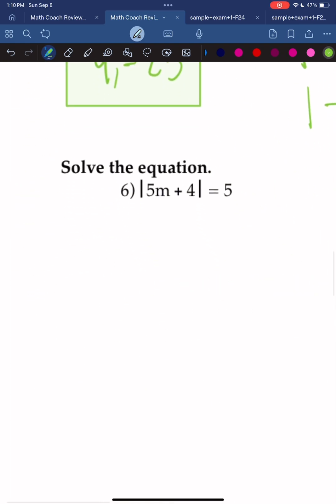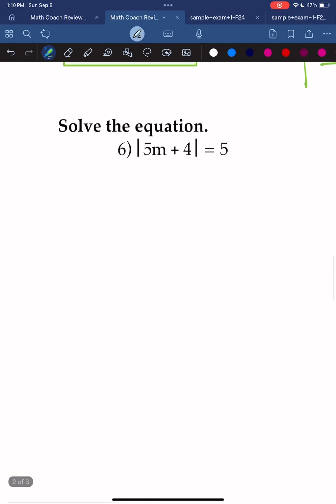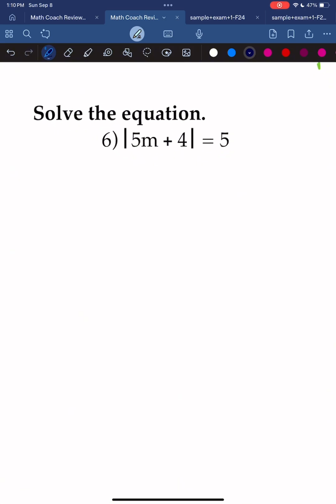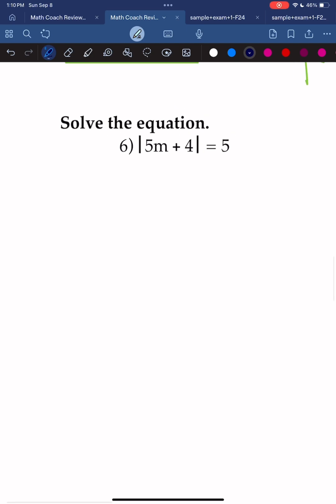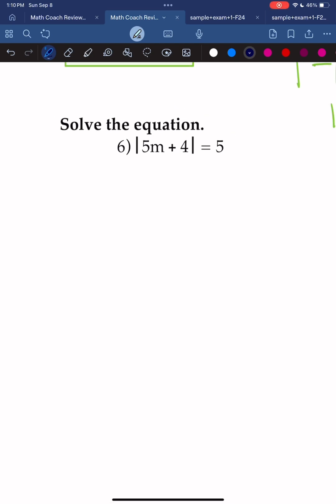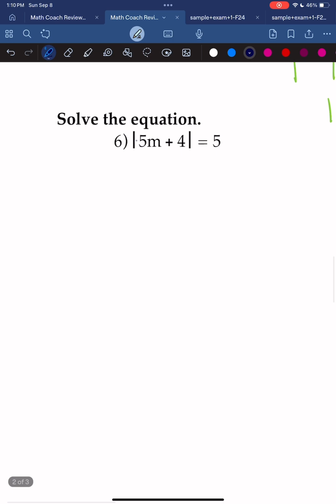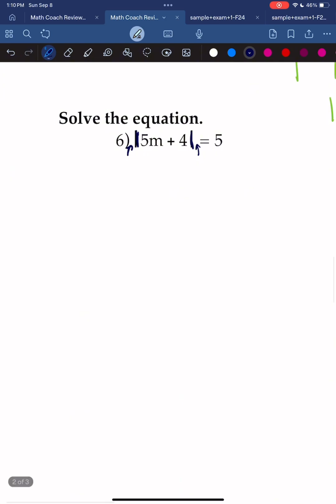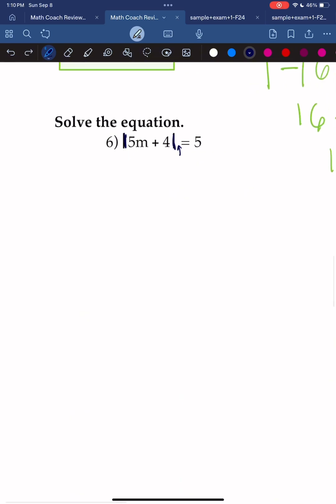So number 6. We're almost done now. Okay, number 6. Solve the equation. It's another absolute value equation. You know how to do this. So in this instance, the absolute value bars are completely isolated. There is nothing on either side of them that we need to get rid of. So we can go on to the second step,